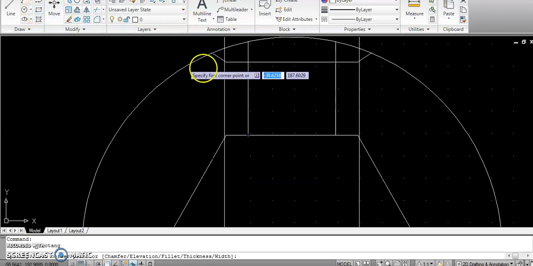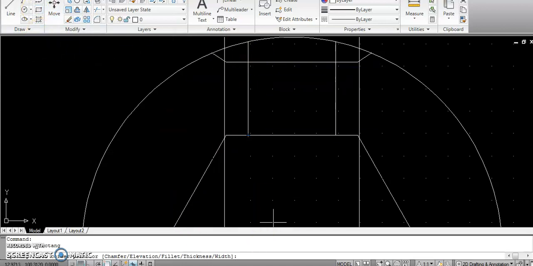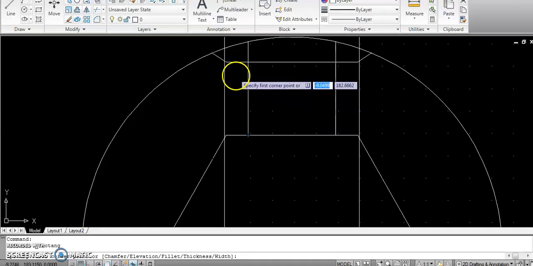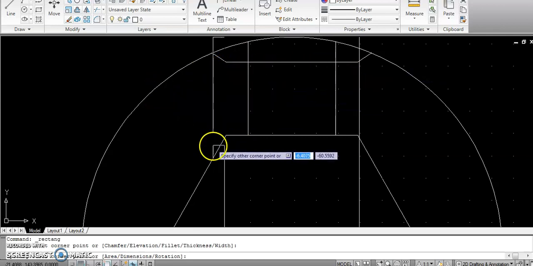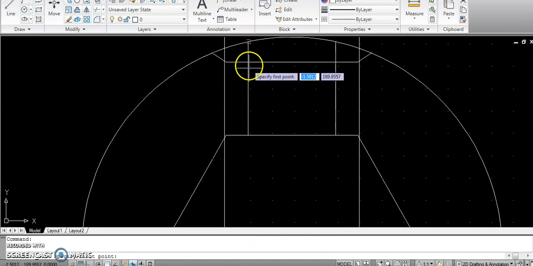Within this gap, this line we have drawn. See, 50 I have drawn. This is nothing but 77, that is the winding. From here to here it is 75. That also we have drawn here. Now what you need to do is randomly cut this. The height of that winding and all he has not given, only the width he has given.